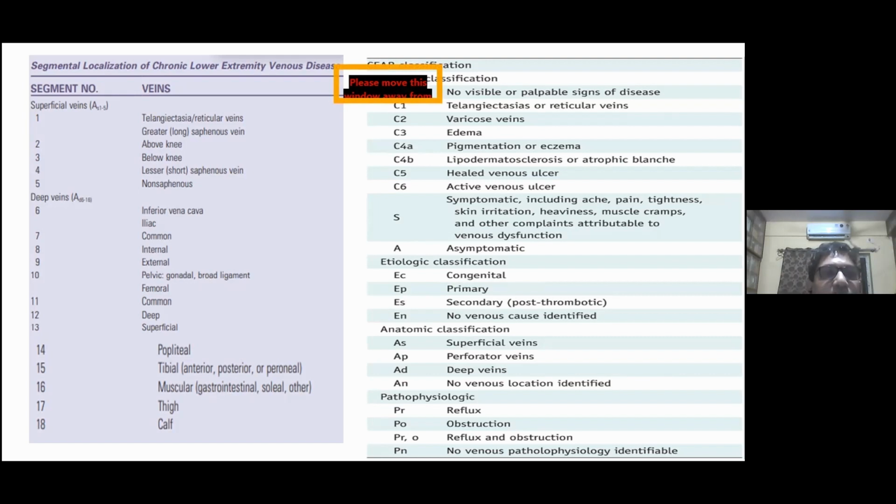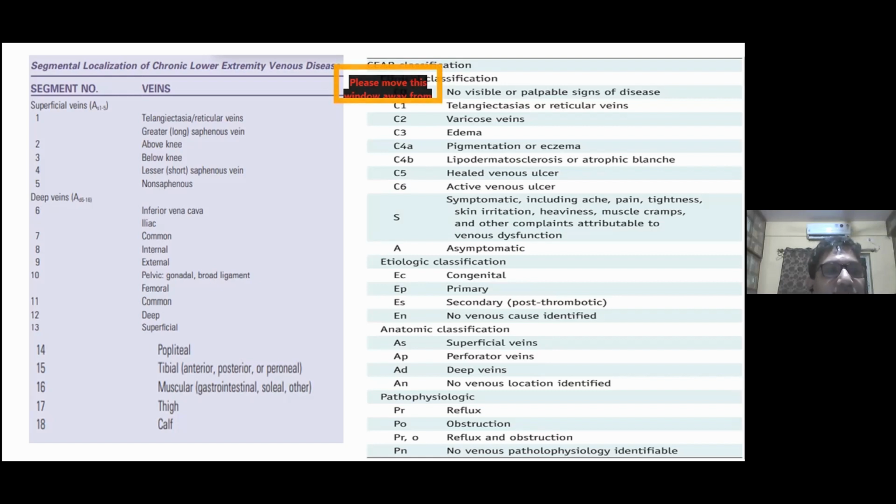So now, segmental localization of chronic lower extremity venous disease. According to segment number, they are superficial veins 1 to 5 and deep veins 6 to 16. According to superficial veins, 1 is telangiectasia or reticular veins, 2 is the greater saphenous vein above knee, 3 is the greater saphenous vein below knee, 4 is the lesser or short saphenous vein, and 5 is non-saphenous